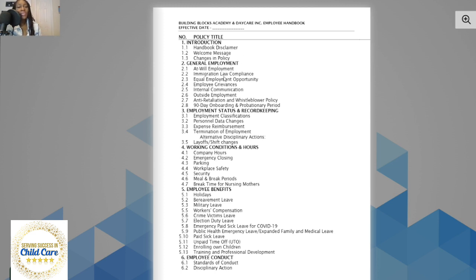at-will employment, immigration law compliance, equal employment opportunity, employee grievances, internal communication, outside employment, anti-retaliation and whistleblower policy, 90-day onboarding and probationary period, employment status and record keeping, employment classifications, personnel data changes, expense reimbursement, termination of employment, and under that we go into alternative disciplinary actions, layoffs, shift changes, working conditions and hours, company hours, emergency closing, parking, workplace safety,